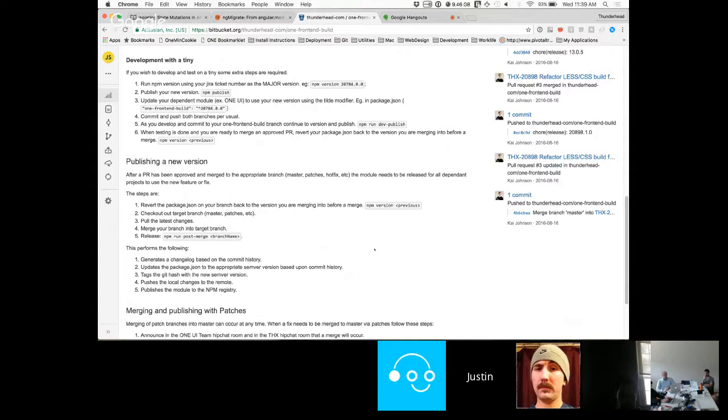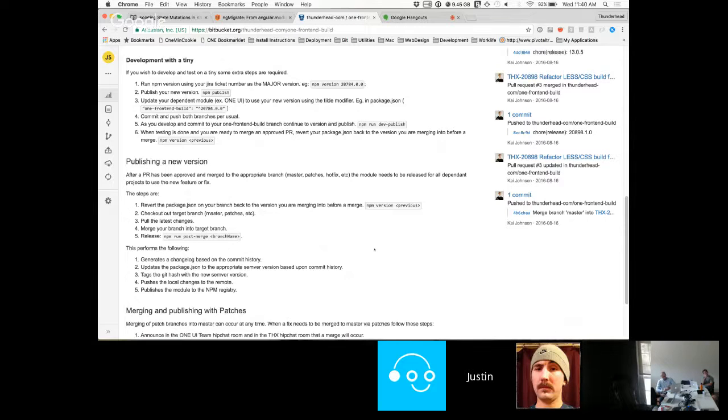no-no. Yeah, so let's back up. All of our dependencies for THX Analytics, One UI, all of those are specified as hard dependencies in the one front-end build. Transitive dependencies, though, are not shrink wrapped. We had that bug a few weeks ago where we did a normal install and a transitive dependency way down the chain broke everything. We went to do shrink wrapping, but with the way that we wanted to extend our